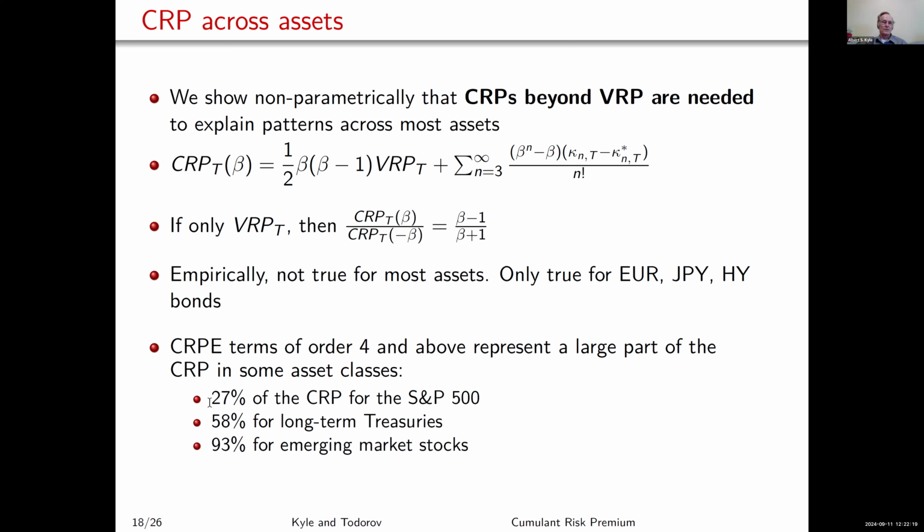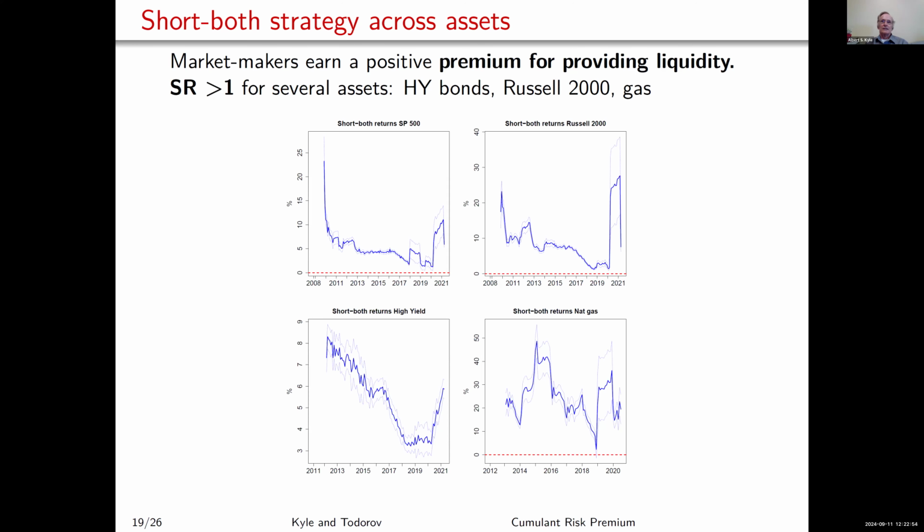For the S&P 500, it's pretty significant. It's even more significant for treasuries and even more significant than that for emerging market stocks. Now, what does that mean? I'm going to run out of time getting to the economics, but it means to me that probably leverage is important and deleveraging is important, that access to capital is important. And when access to capital is limited, which is typically when there are big moves, the higher order cumulants wind up being important. And typically the people that have liquidity get rewarded in those cases.